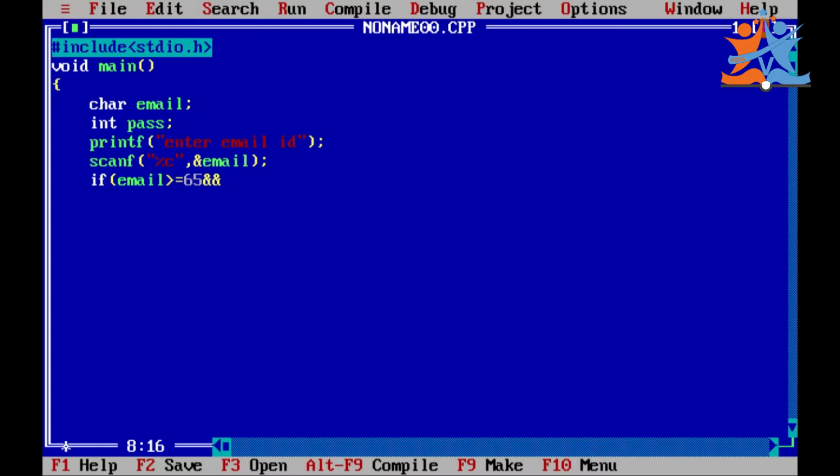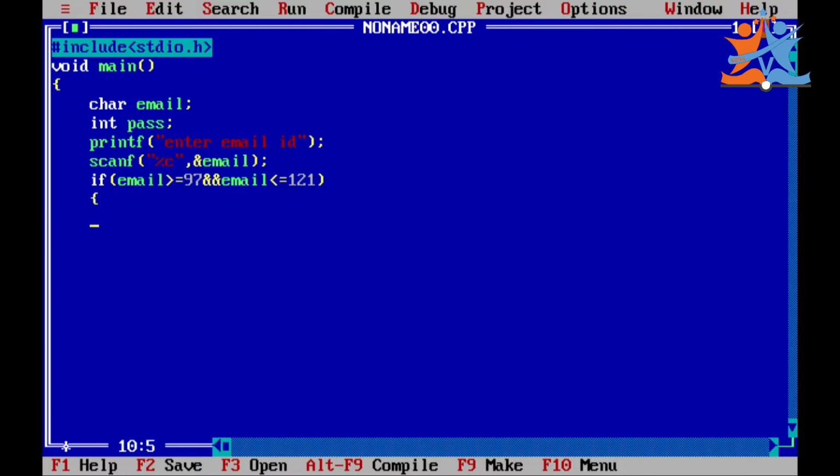Generally we have a lowercase limitation, but in Gmail all uppercase is also considered as lowercase. Email less than or equals to 122, like that we need to take.